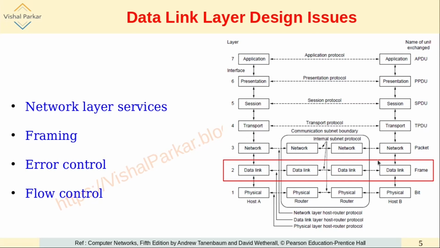Now the destination machine may not be capable of receiving the data at the same speed, and that's why the data link layer should make sure that the receiver is not swamped by, that is not overburdened by the high speed data from the sender. So the data link layer should also control the sender machine so that even though the sender machine sends the data at higher speed, the receiver is not burdened with that much data. That's why the flow control is required.